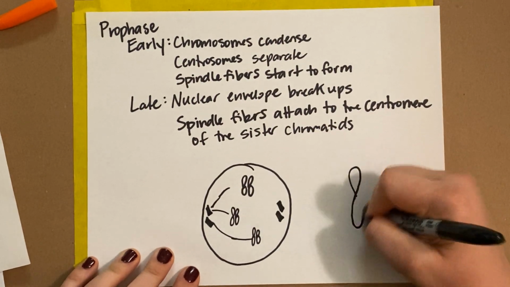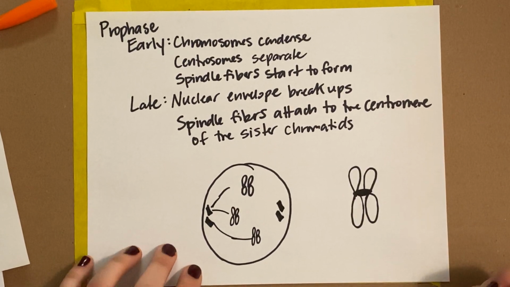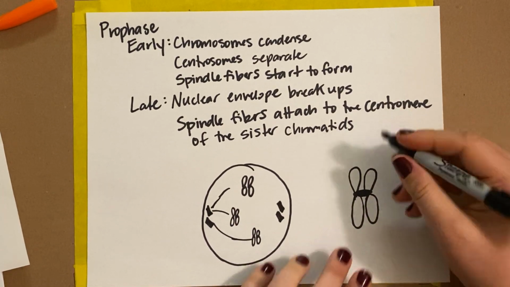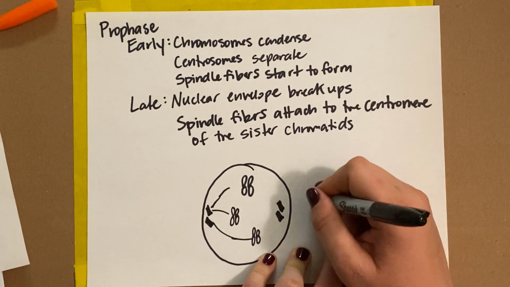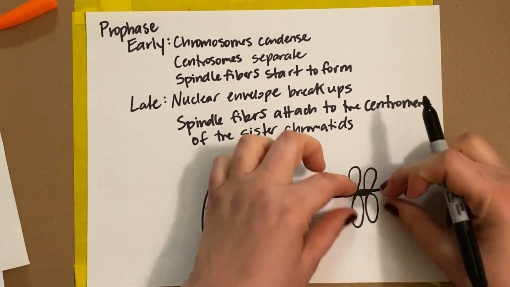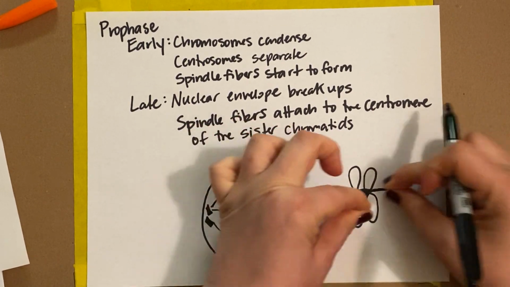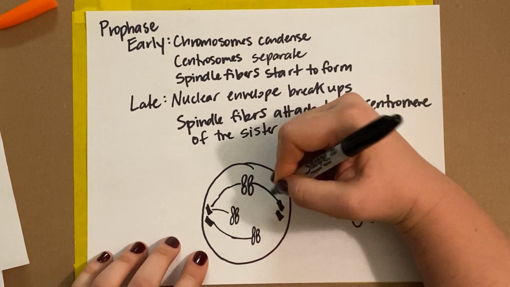And so remember when I was talking about the sister chromatids, they are connected to each other at the centromere. And so a spindle fiber will actually attach to each of the sister chromatids on the different sides at that centromere. Because eventually what's going to happen is these are going to pull apart from each other. So we can have the spindle fibers start to form,